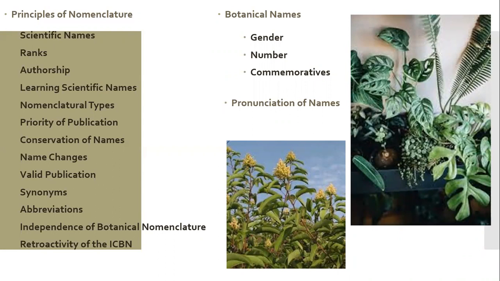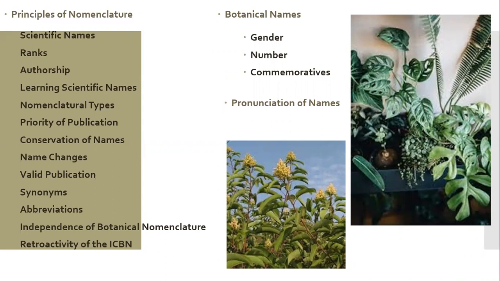And priority of publication, wherein the one who first publishes the name will be recognized, and conservation of names, how it should be conserved through the International Botanical Congress, and name changes, names that are united, divided, transferred, or changed in position or rank, and then valid publication, how it is considered valid,